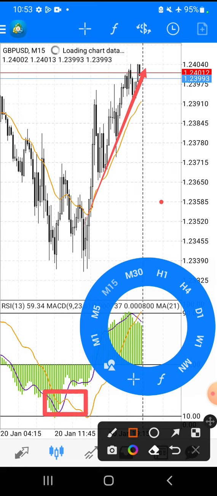Basically, we have our purple line and our gold line under our indicator window 1, right? And once we see the purple line approaching our level 10, we know that the momentum of the sellers is about to end, right? And once we see the gold line crossing the purple line while it's closer to level 10 like that, we know that there's a change in trend. We're most likely going to go up. That golden cross is a change in trend.